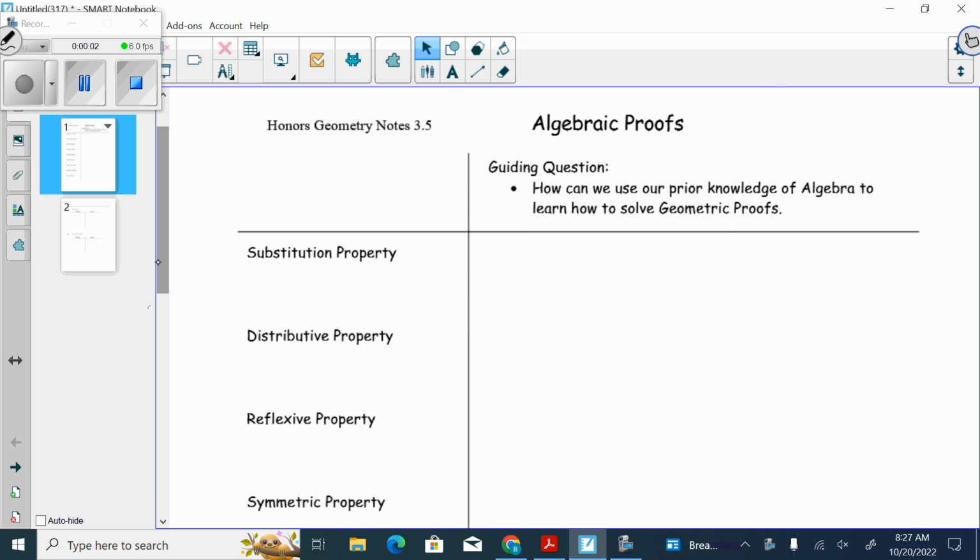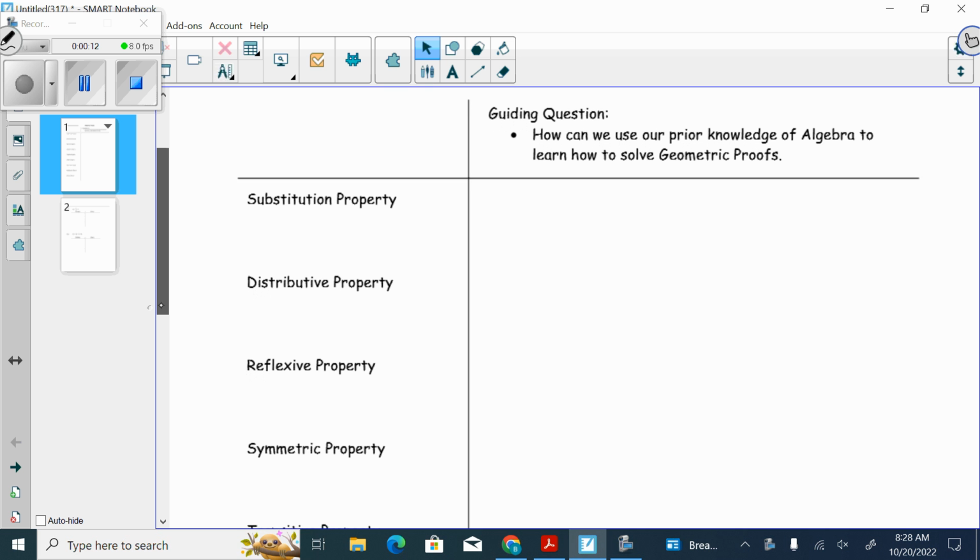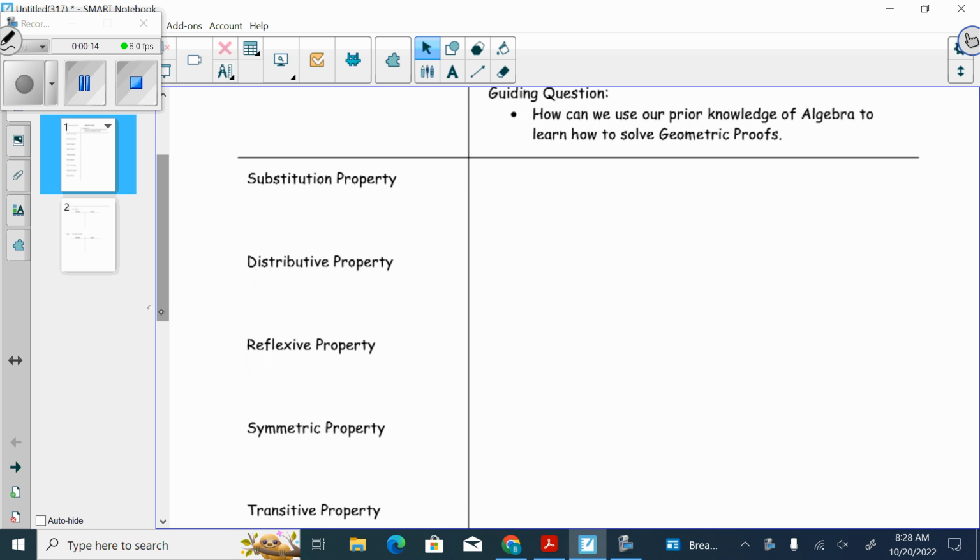They ask us this guiding question of how can we use our prior knowledge of algebra to learn how to solve geometric proofs. Okay, so whenever we are solving an equation, like what we were just doing,